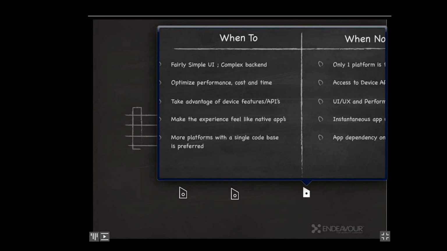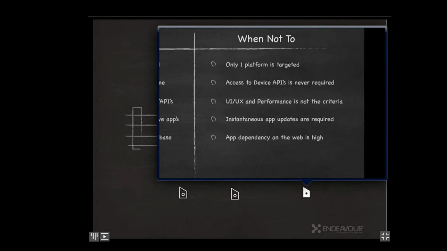When it comes to user experience or feel like native applications, you can consider hybrid applications. But again, note that when you have only one platform targeted, hybrid applications are not best, because then you could have done, with almost similar effort and cost, a better native application.